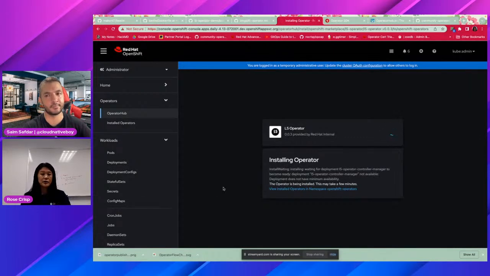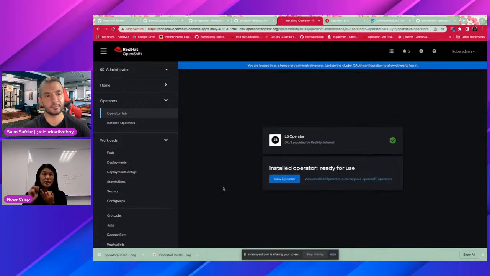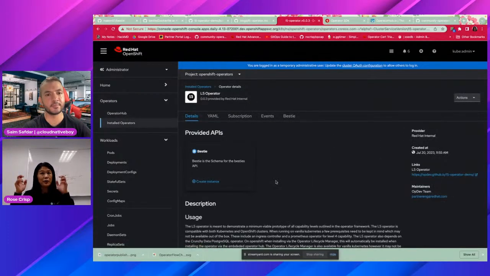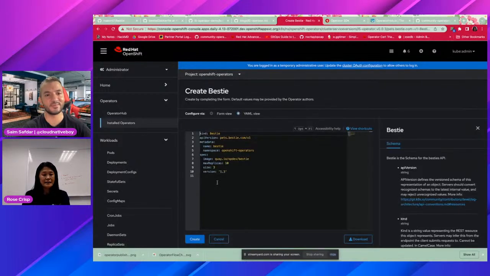So right now what it's doing is adding the CRD to the cluster. It's adding the application, the custom controller, to the cluster. And maybe, I don't know, when we don't have time, but the next time I can show you where it actually sits. So when I create an instance,